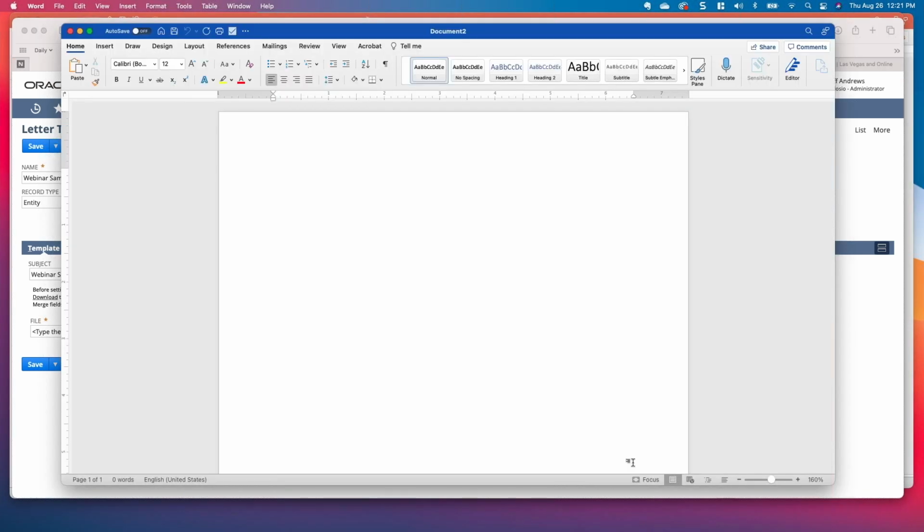Word, and this is where we're going to build. I'm going to start with a new template. Okay, so I have a blank document in Microsoft Word. And if anybody's ever built a merge document, this is going to be very familiar to you. If not, it's pretty easy, and we even have a tip sheet that I can send you after the webinar